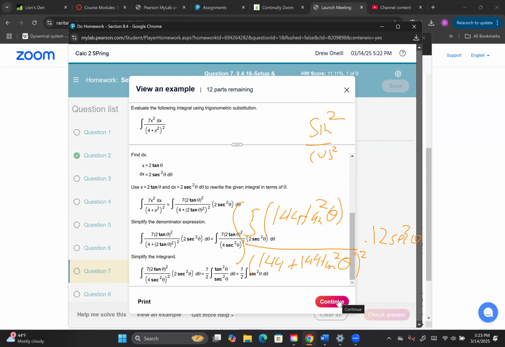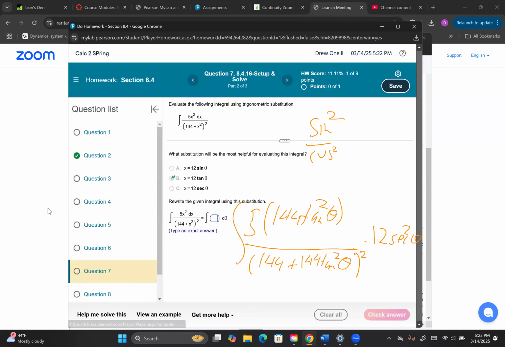Let's see. So right here, guys, where it says simplify the integrand, this is where we're at. There was a step. Okay, so we needed that step. So where we're at is fine. So recall,